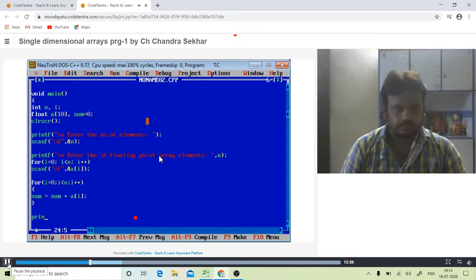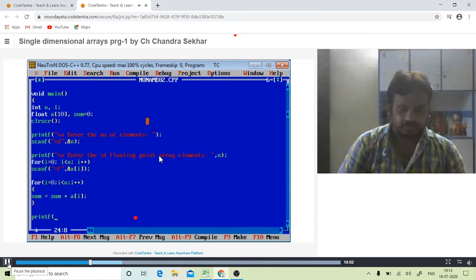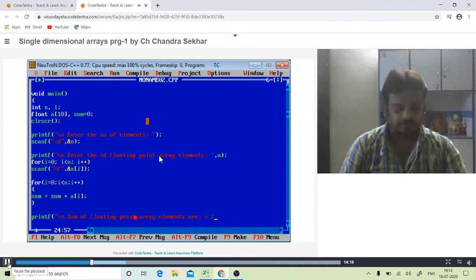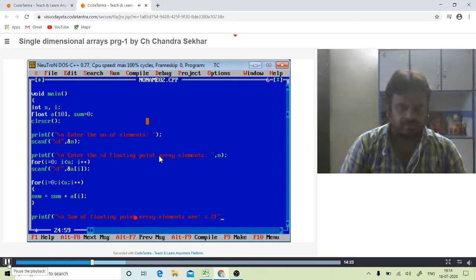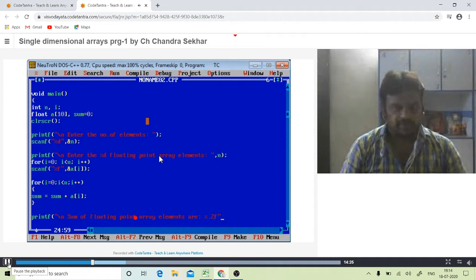And printf sum of floating point array elements are %.2f. That means in the fractional part, display only 2 digits.